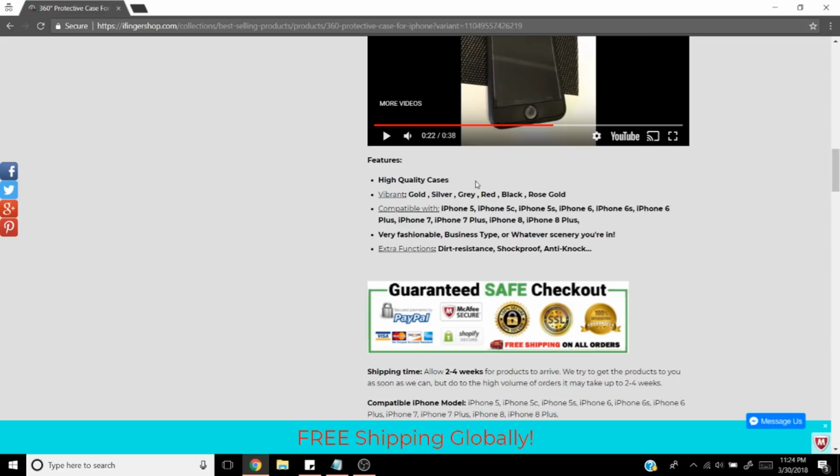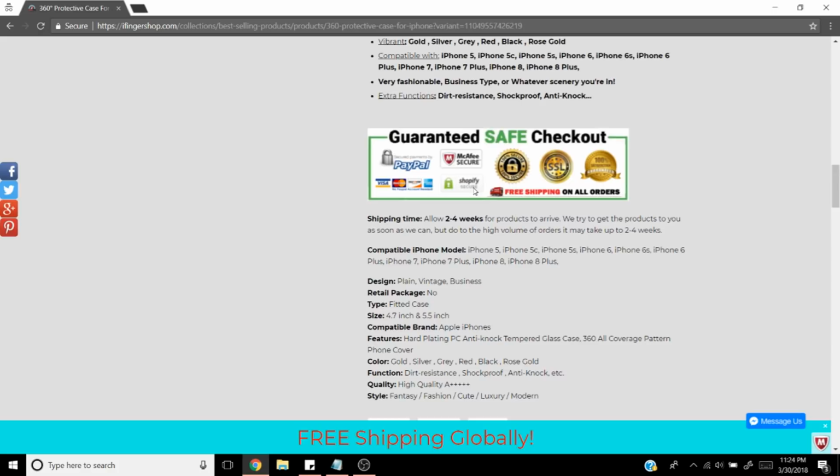Features, good job right here. Don't really have much to say about this. This is a good thing to have. These trust badges are pretty awful. What I would recommend is just getting these, boom, right here, and putting those up there, and then cutting out every single thing else, and that'll really, really help. It just makes things look a lot better, because really people aren't going to read this, and it just looks kind of like a big block of images.